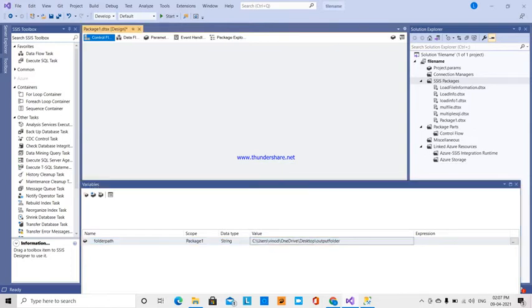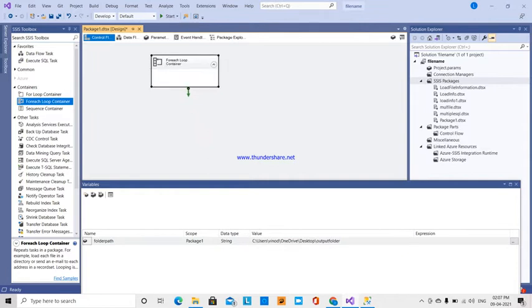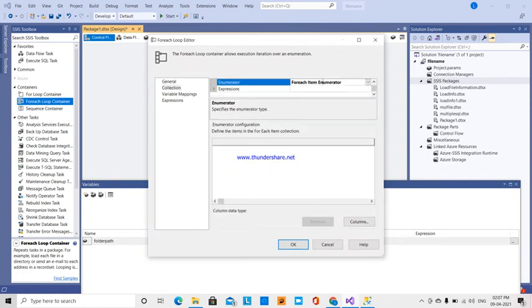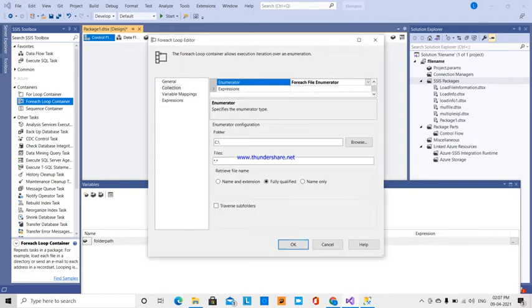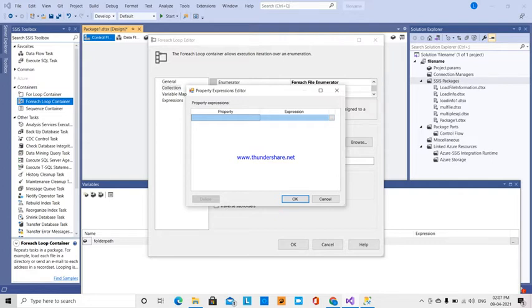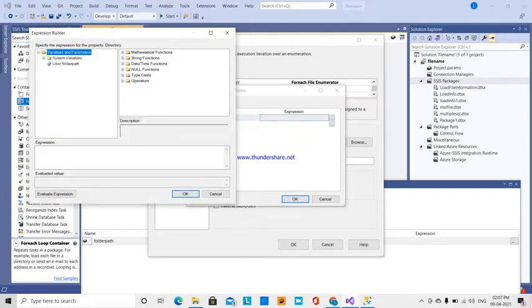After that, for each script it has to execute, so I am selecting a Foreach Loop Container and double clicking on it. For the collection we are going to use the Foreach File Enumerator, and for expressions the property will be Directory and the expression will be our output folder path.